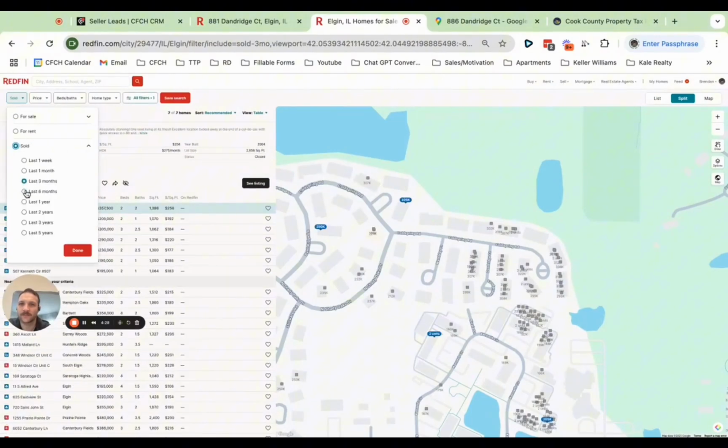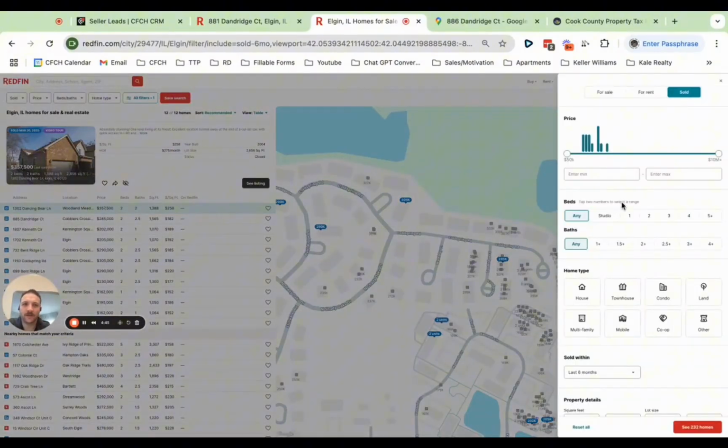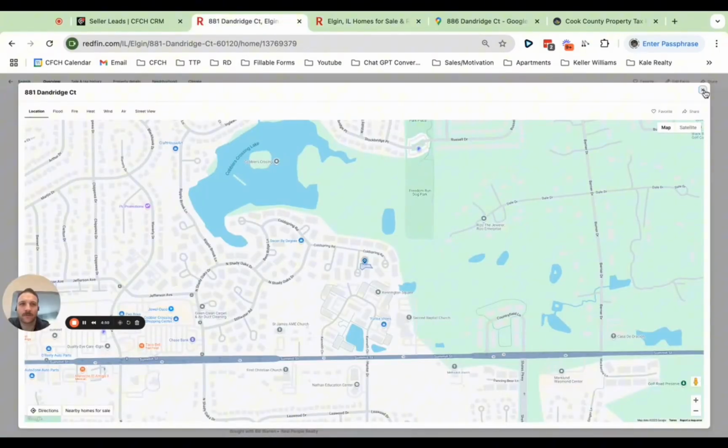So last 3 months, let's go last 6 months. So in the last 6 months, you have property here, you have a few over here, you have one here, and one here.